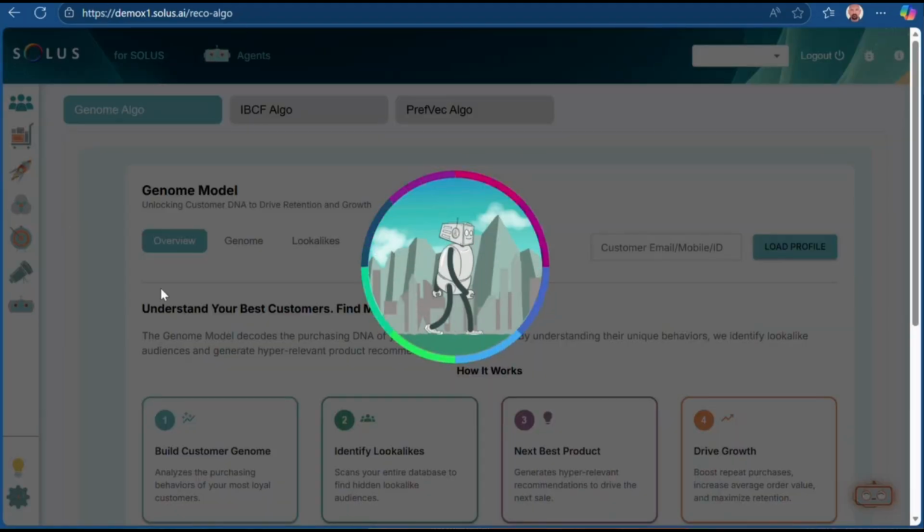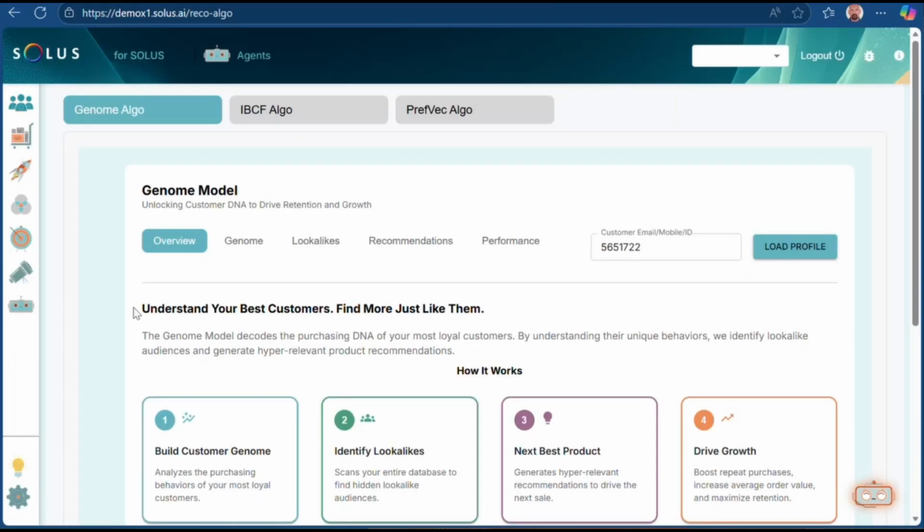Here is an example of what we call the genome model. You'll see us using the word genome all over the place. I think it drives the biologists a bit crazy, but I'll try and add other things to make the physicists and the chemists also a bit crazy, as you will notice.